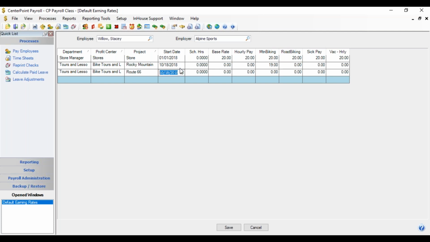And we're going to leave that date. And again, if you put in the base rate, it fills it in all the way across. So no matter which earning rate that you chose, it filled in, but it will give that rate based on the project and the profit center and the tour, in this case, which are the different pieces of information across the top. Once you have your grid filled in of all the different combinations you need for that employee,